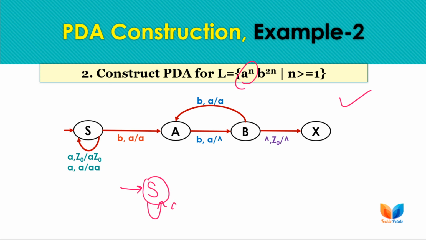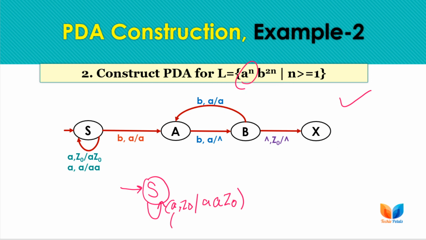So here we are just performing the push operation, but this time for every A I am performing two pushes, means I am replacing one A with double A onto the stack, means corresponding to one A I am adding two A's onto the stack. In this way we will be having the same number of A's on the stack top as we are having number of B's. So we can simply pop one B corresponding to every A on the stack. So this is the second possible solution for this same question.